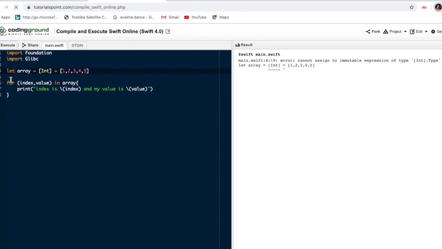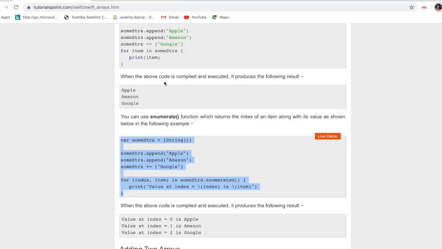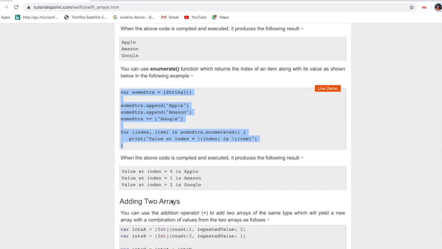Actually this pattern is for writing a string value. For an int value I should mention it this way, 0 to 5, that pattern. Let's see, I will show each and every one. First it is about the string.